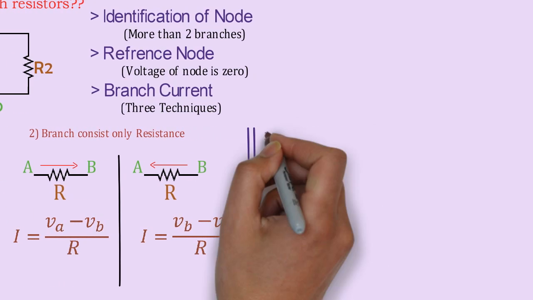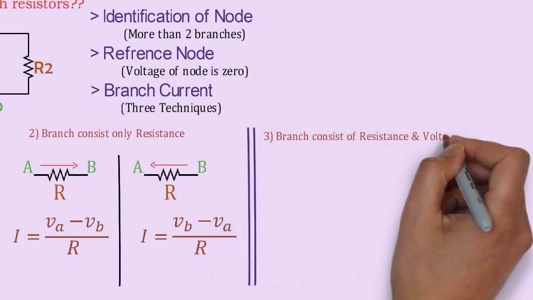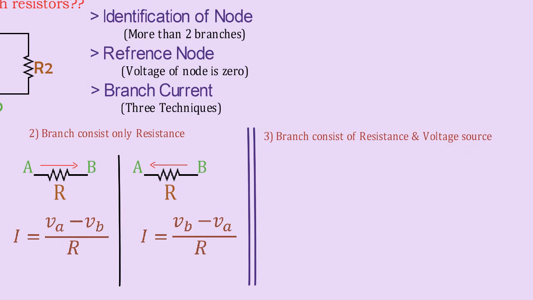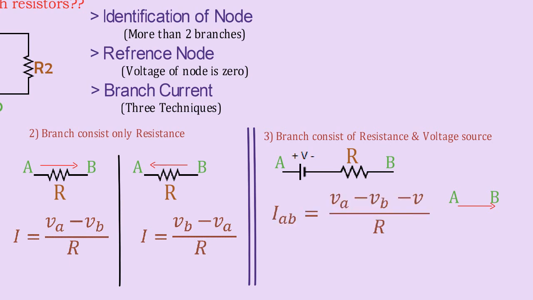Now, in the last case, we are considering a resistor and a voltage source connected in the branch. So, when we are finding the current from such a branch, the direction of the mentioned voltage source plays an important role. In our case, a battery and resistor are connected between points A and B. Now, we are assuming that current is flowing from point A to B. Since I have considered point A at a higher potential, current is passing positive to negative inside the battery.